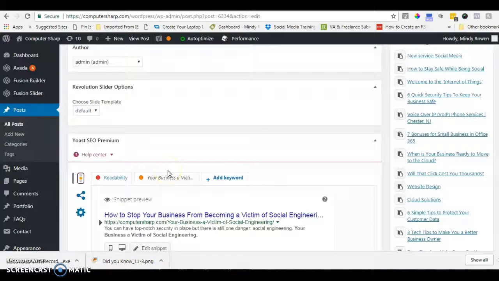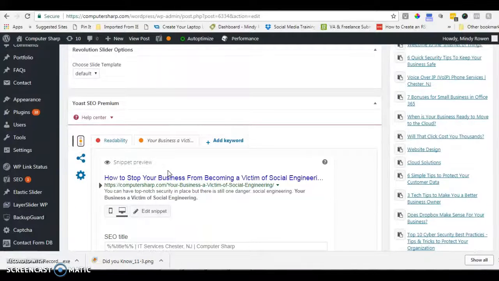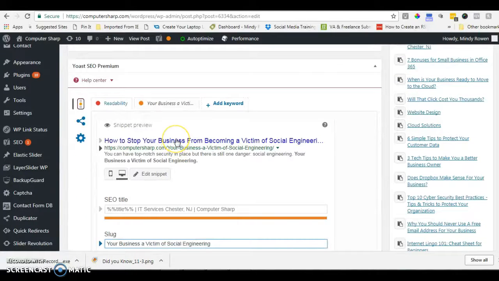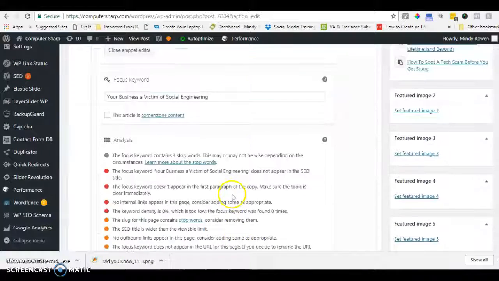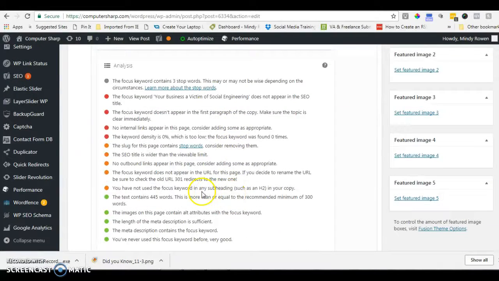Let's take a look at that. The URL, your business, a victim of social engineering. That's exactly our keyword. So yes, it does appear in the URL title. So Yoast is smoking crack. No outbound links, it's wider. Stop words. So we can't